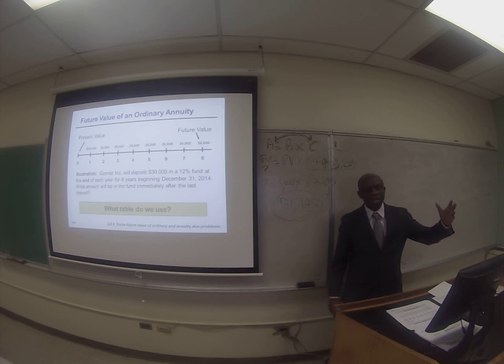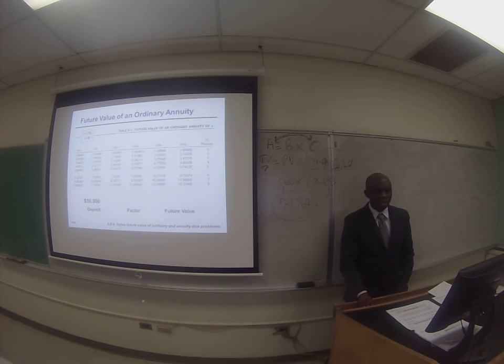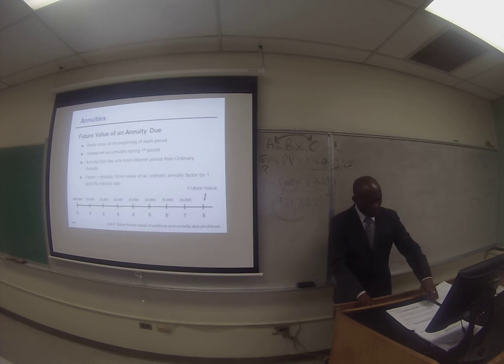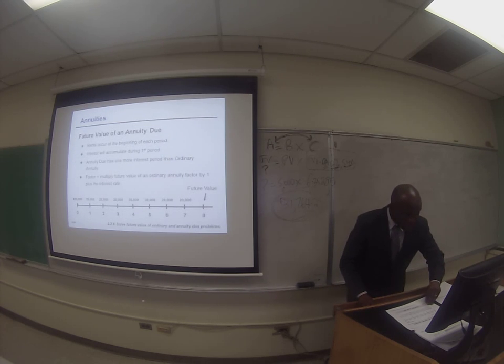Obviously, the $30,000 is the periodic amount. All right. So, what are we looking for? The future amount. The example we just illustrated is pretty much the same thing. So, future amount is the unknown. We use the table to look for the factor, and here you have 368,991. Okay. So, moving along,